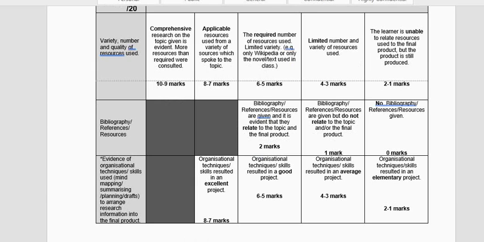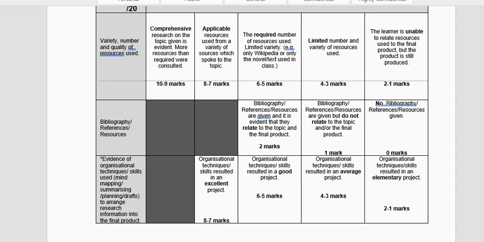The question arose from some of our other colleagues. What if the child only used the resources that the teacher had in the class as hard copies? If the child did not manage to give resources on his own, but he used the resources in the classroom, it's 100%. You will allocate marks based on how many resources were used. How did they relate to the actual topic? So what did the child use will be the focus, not whether he found the resources himself or you supplied